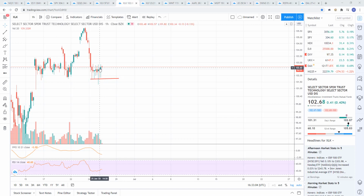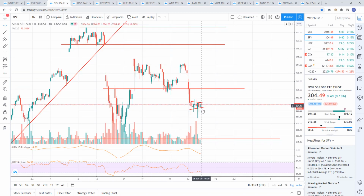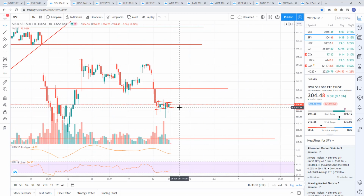I'm looking for it. It doesn't mean that all of a sudden everything's going to break down. It just means that I'm waiting for it and looking for it to happen. It might come in the form of a gap down. It might never come. Until we see something there and we see this tech breakdown, I don't expect SPY to break down too much. So we might flag out and then break down, or we could run up and tag